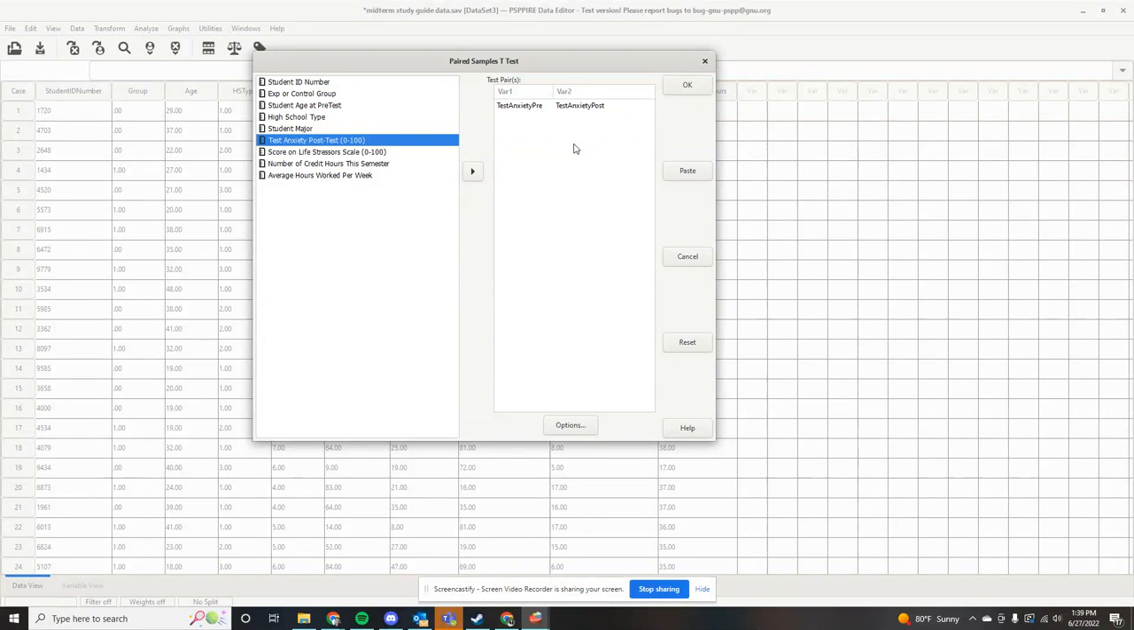But for the purposes of learning it, pre-test is 1, post-test is 2. And that is the order that you will do it in to get the correct sign for the answers on your